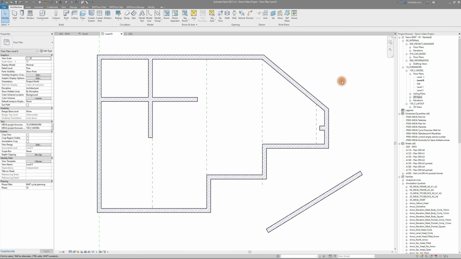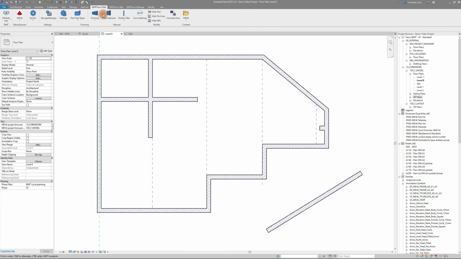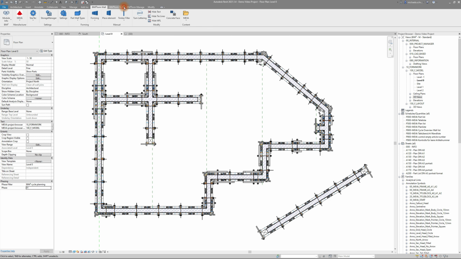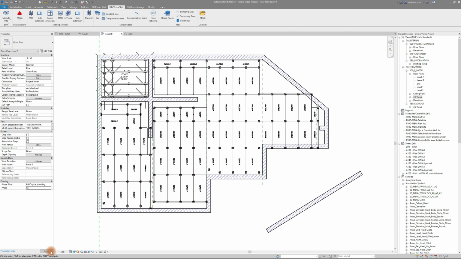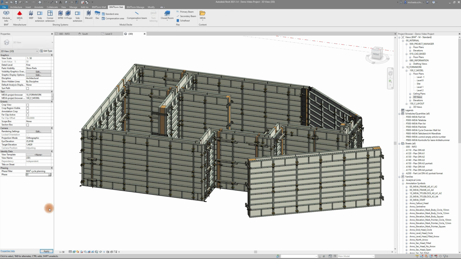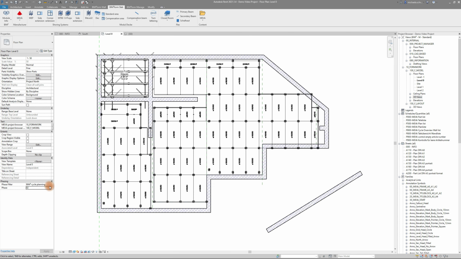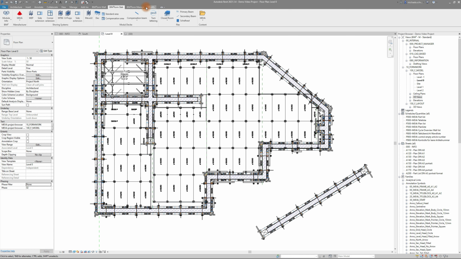Let's start. As you see, we've prepared a simple floor plan with different part wall types and a freestanding wall, and already did our formwork design with wall and slab in 2 cycles. We'll just remove the cycle filter, go to the BIM2Form Manage tab and start with the section which holds the export functions.